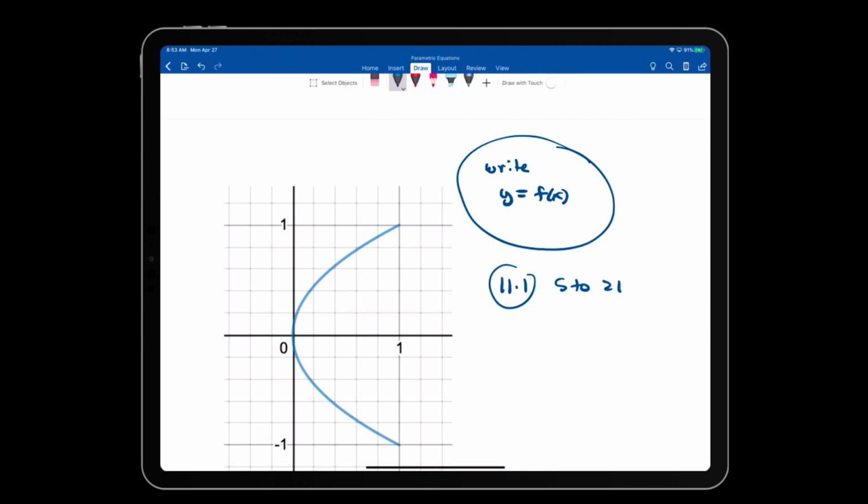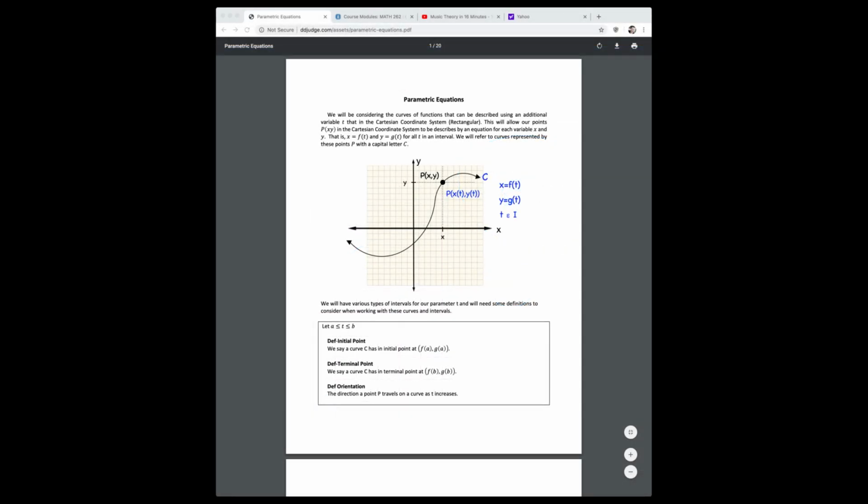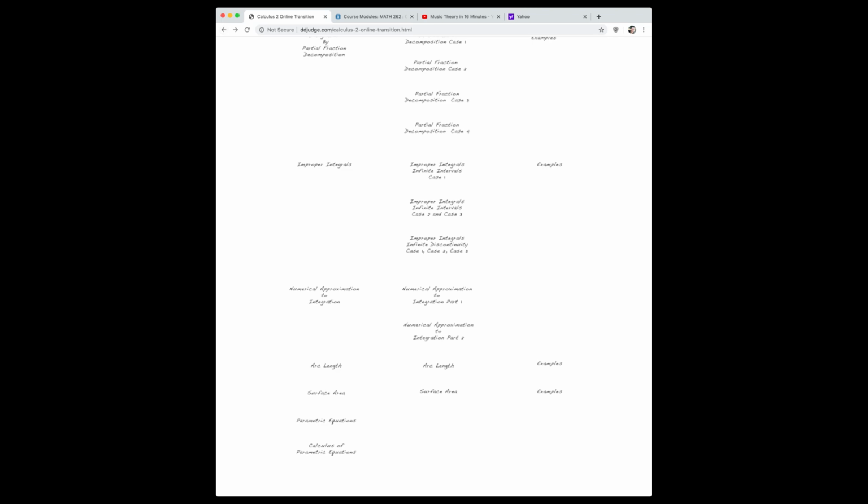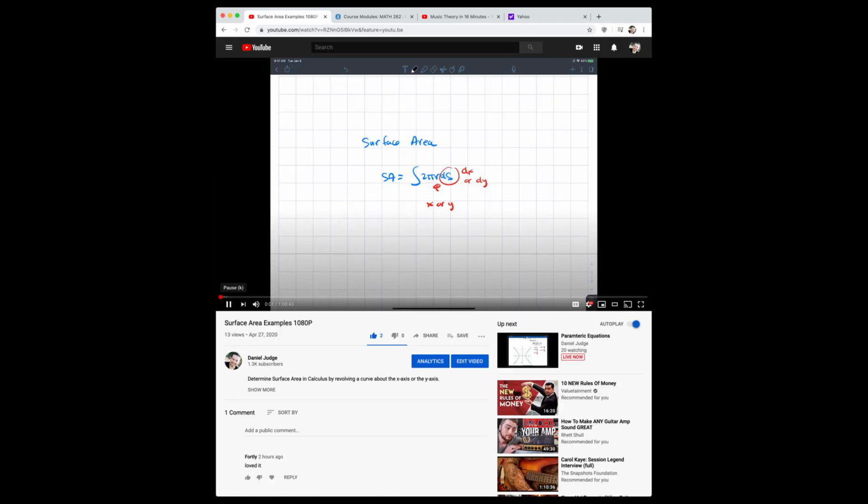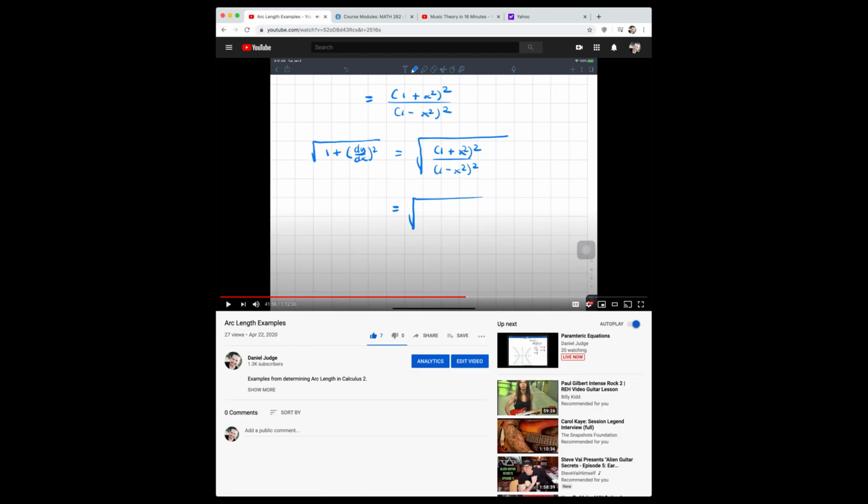So I want to remark, this is kind of what I wanted to let you guys do today. And again, those of you guys that might have come in late, let's go to the browser and remind you of a couple of things. In the browser, what I want you guys to do here is notice that I put examples for arc length and surface area. And for both of these, they're video examples. Okay. So they're about an hour each of additional examples just for you guys for both of these topics, like I promised you guys here. Okay, so you can refer to some of those examples, and that's some work you guys need to be prepared to do as well. So I did put it up, like I said, and again, if you have any questions,